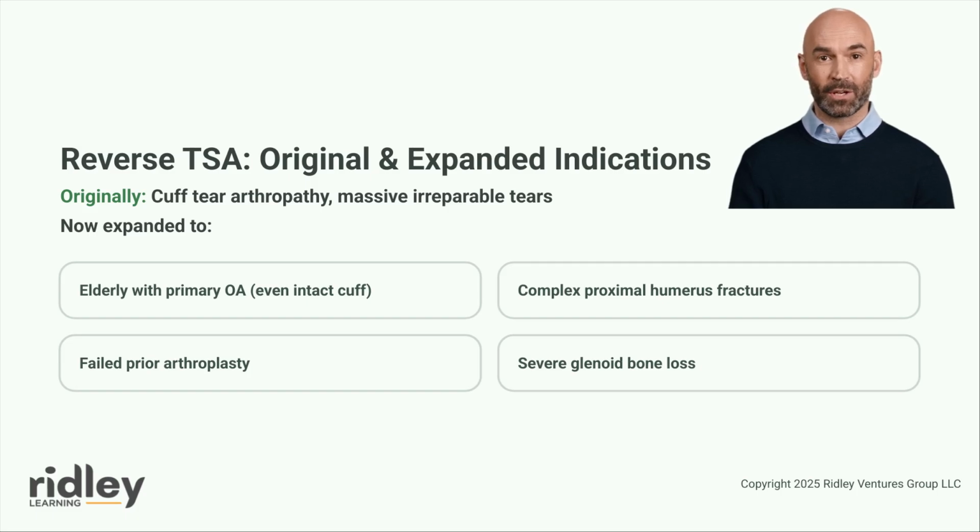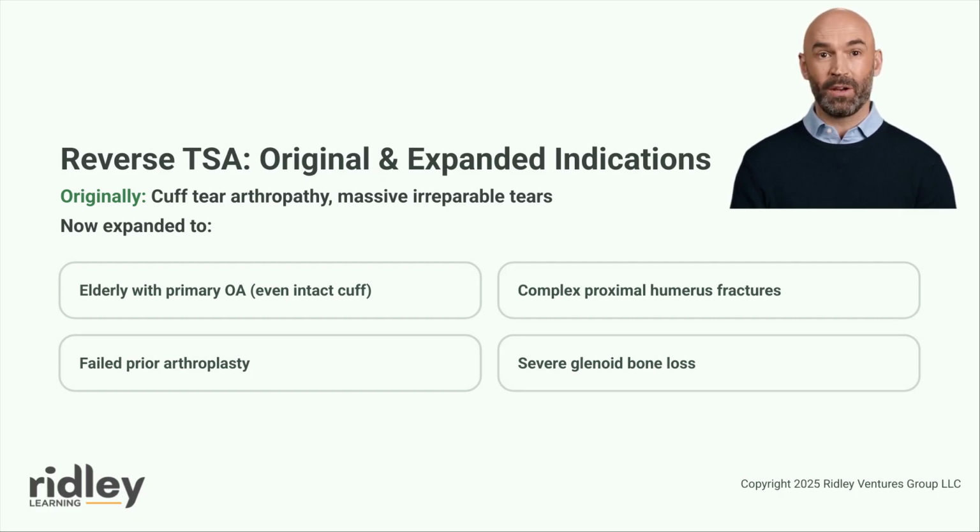Now let's turn our attention to reverse total shoulder arthroplasty and its expanding indications. Reverse total shoulder arthroplasty was originally designed to address rotator cuff tear arthropathy and massive irreparable rotator cuff tears, conditions in which anatomic arthroplasty consistently fails due to superior humeral migration and eccentric glenoid loading. The reverse design inverts the normal ball and socket configuration, placing a glenosphere on the scapula and a concave polyethylene cup on the humerus, thereby medializing the center of rotation and recruiting the deltoid muscle to compensate for deficient rotator